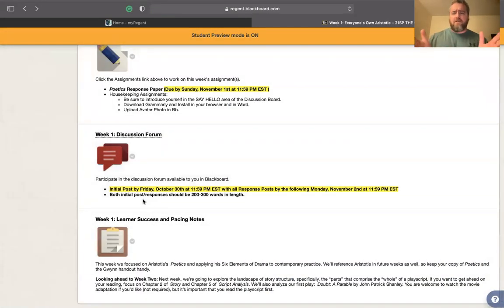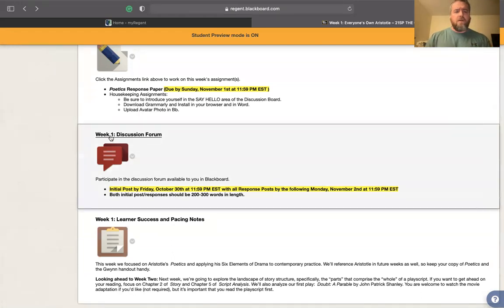Most of the time the classes are just lumped in one big group, but sometimes if we have a lot of students, 15 or 20 students, we'll divide them up into two groups or so. Just click on your discussion forum, and that will take you to a page where you can see the group discussion board. That's what you're looking for, so that you can chat with your group. You're going to be writing a response to a prompt every week.